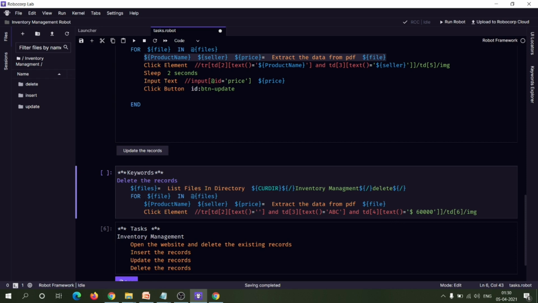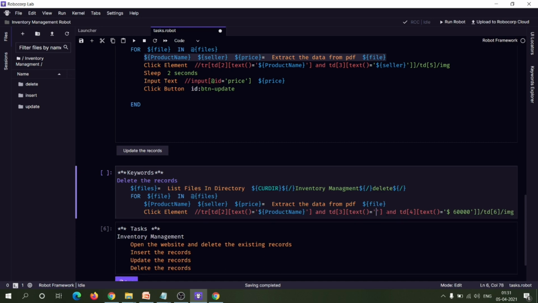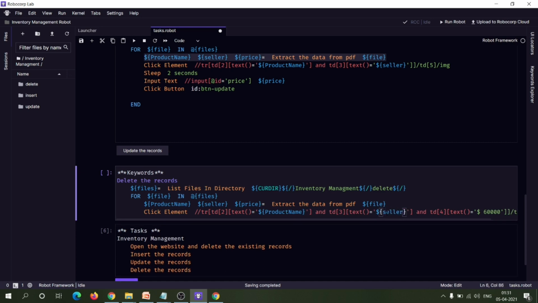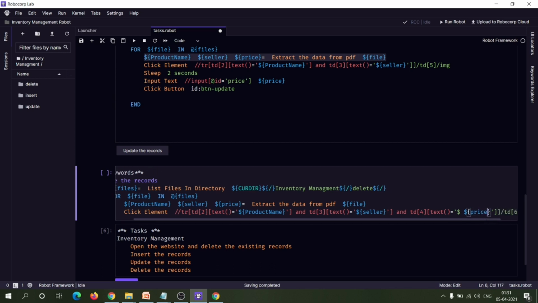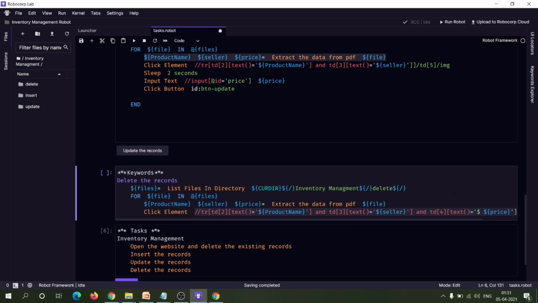So let me add the product name, and instead of ABC we can provide the seller variable, and instead of $60,000 we can provide price. Yeah, cool. So this is the entire XPath we are writing here, and it will select the delete button corresponding to the required data.